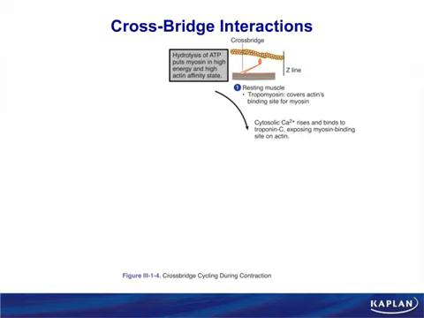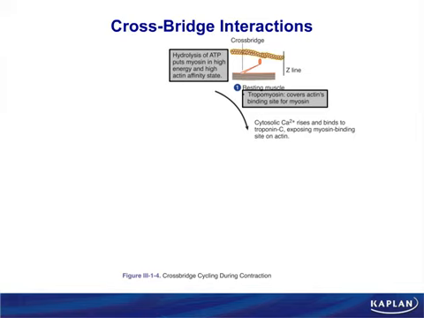It really, really wants to bind to actin, but it can't because tropomyosin is covering the binding site on actin for the myosin protein. Again, tropomyosin is interspersed with troponin, and we have low calcium, so tropomyosin is covering the